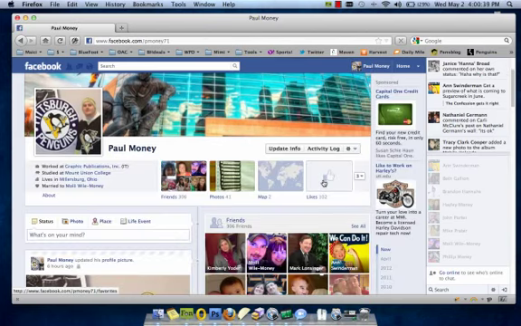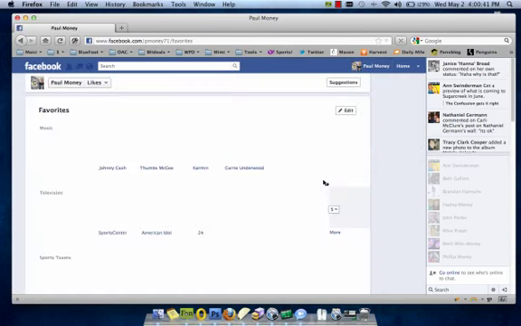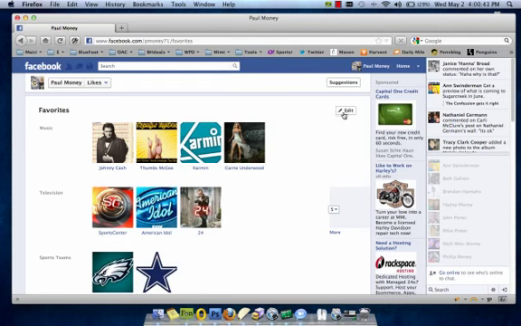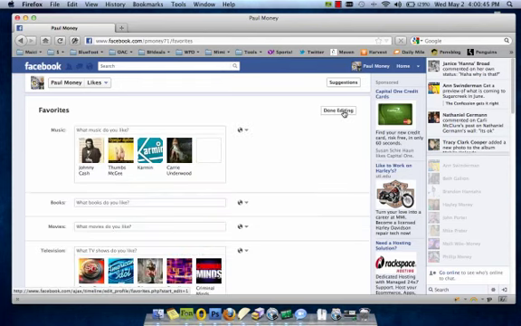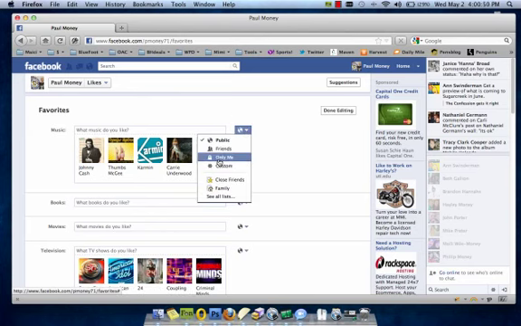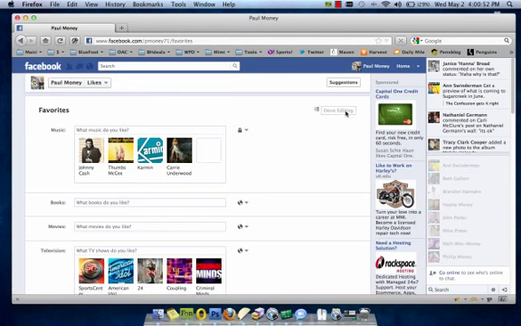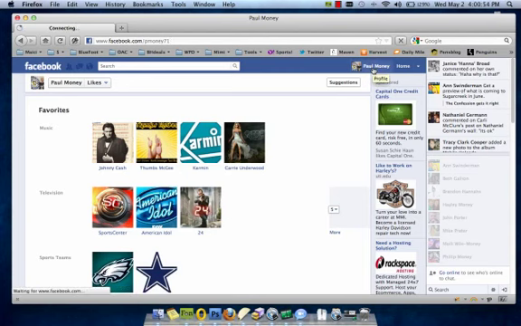and finally likes would work the same way. So if I click on likes, that'll bring me to this page where I can edit. And maybe I don't want everyone to know what kind of music I like, so I can click Public and change that to only me, and then Done Editing. So if we go back to my profile again